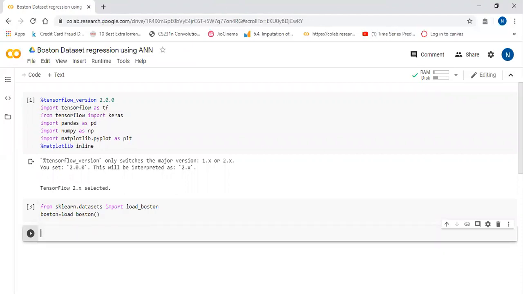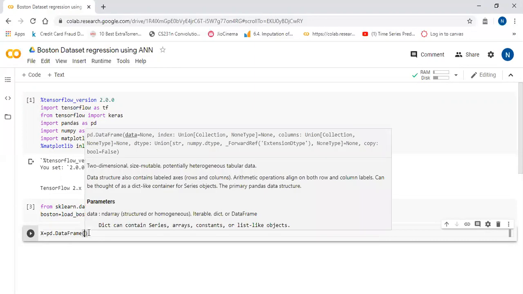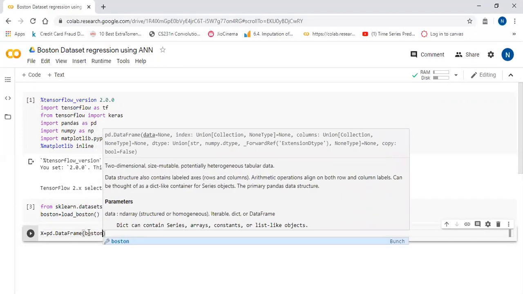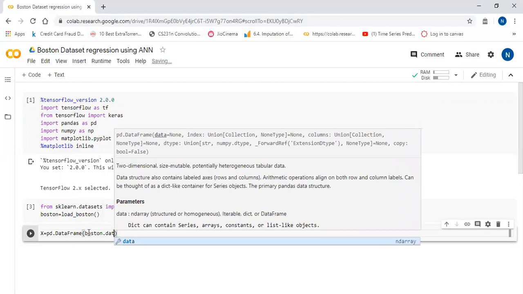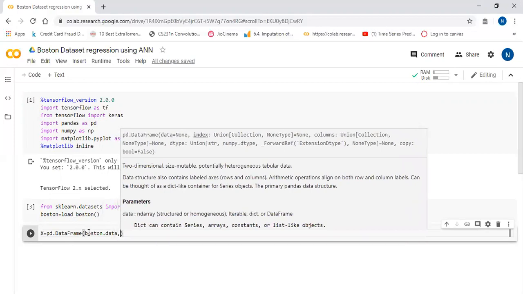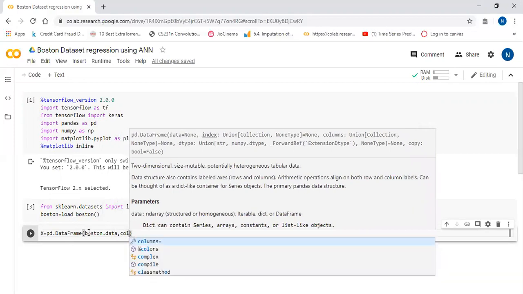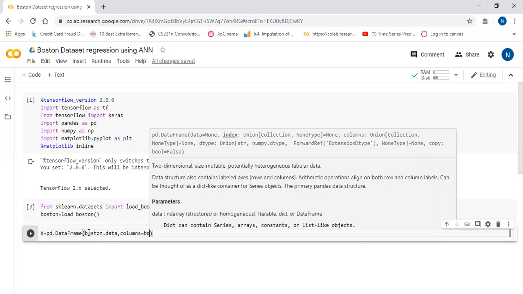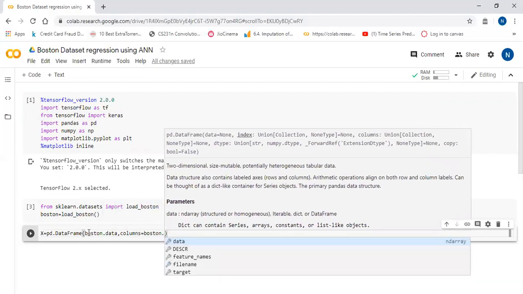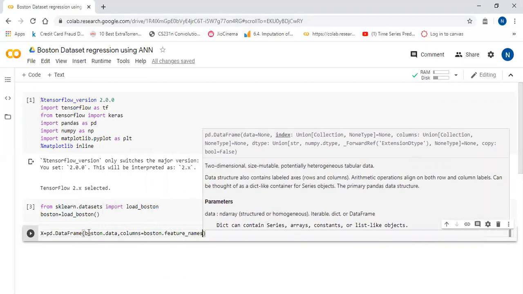So we are going to extract the features and the target label columns. I'm going to extract from that Boston object, X is equal to pd.DataFrame of Boston.data, and the columns I'm going to extract from Boston.feature_names.